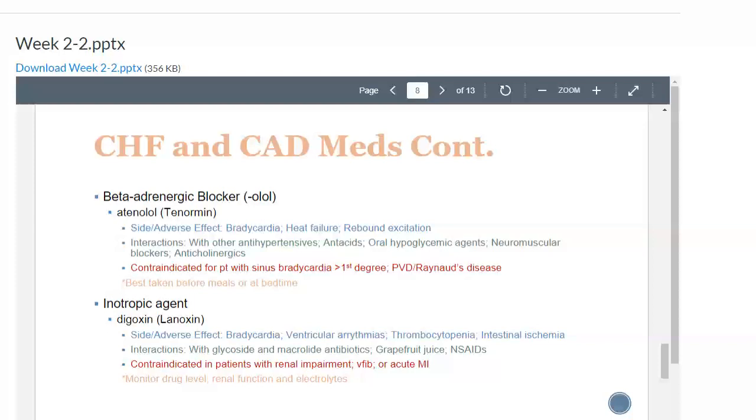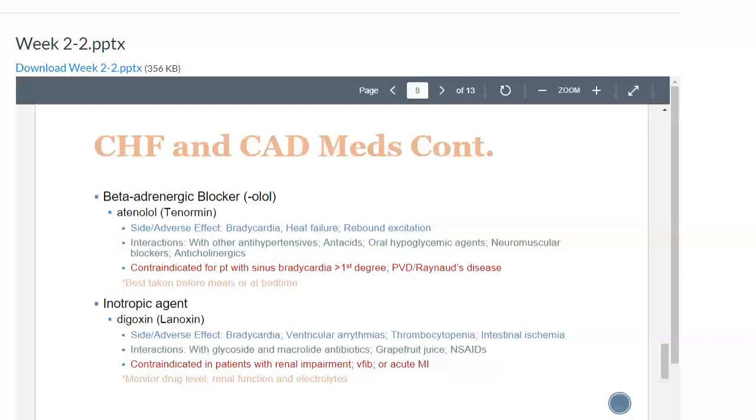All right, the next drug I want to talk about is digoxin, which is therapeutically used for heart failure, and pharmacologically it's a cardiac glycoside and an inotropic agent. What I mean by an inotropic agent is that this is a drug that will alter the force or energy of the heart's muscular contraction. It is a positive inotropic drug, meaning it increases the force of contraction, better perfusing the patient as well. And it has a negative